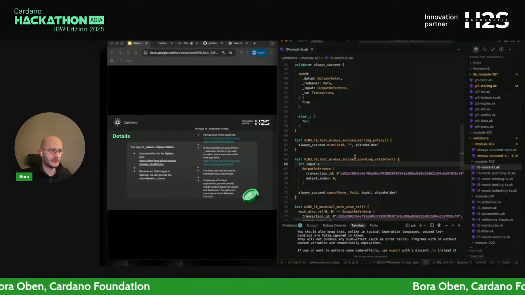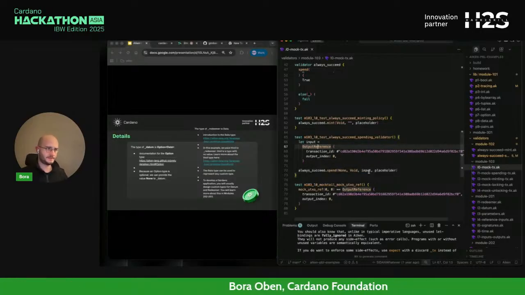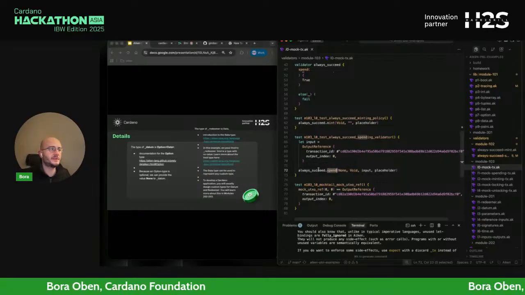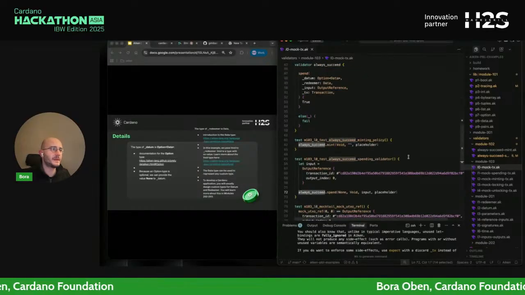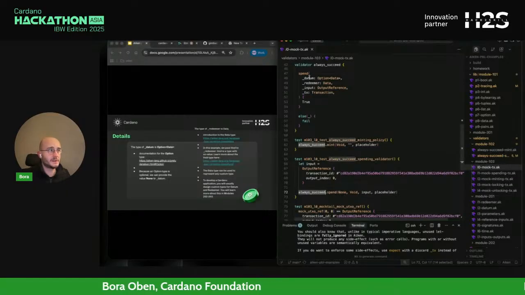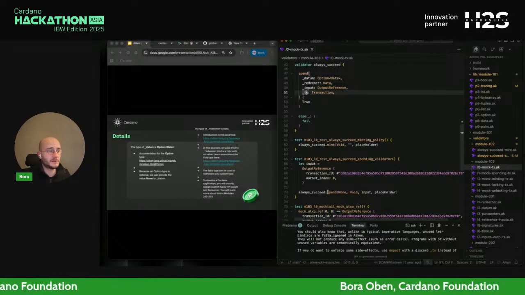If you take a look at another one, for example, this time it is trying to interact with the spend endpoint of the always succeed validator, and providing, this time not three inputs but four, as you can see. So this time the datum, redeemer, input, and the transaction for testing.